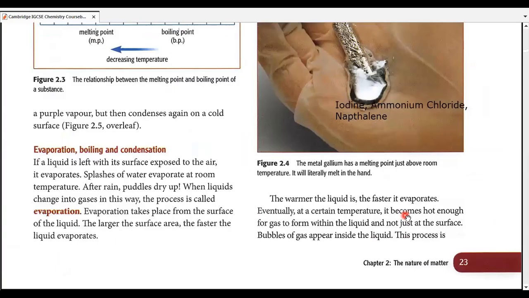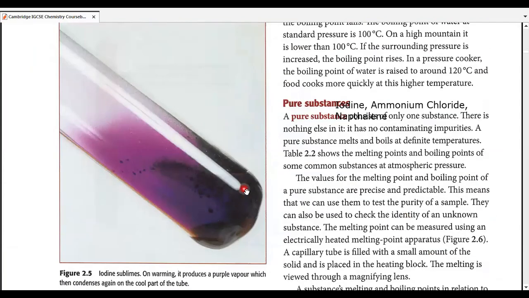For iodine, here's the example. Let's take a look. Iodine is actually a gray-black solid, and when we heat it a little bit, it produces a purple vapor, a purple gaseous form, which can condense back in the colder part of the tube, the cool part of the tube, into solid iodine. Take a look. This is the gray-black solid, which is converted into a purple gas over here. And when it moves farther from the warmer part, which is actually the colder part of the test tube, it converts back into these gray-black solids, which are deposited over here again.